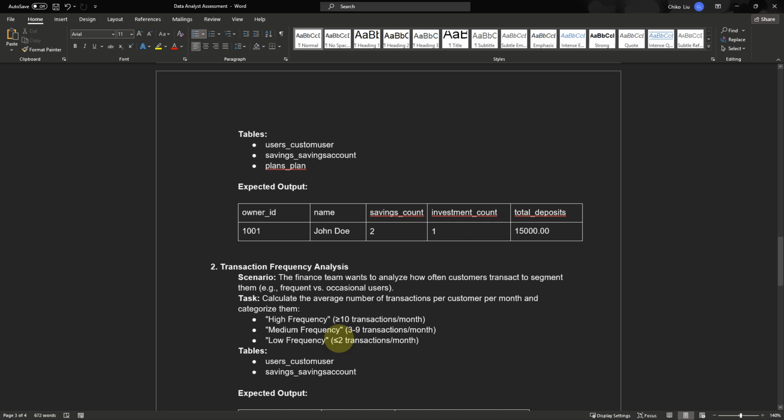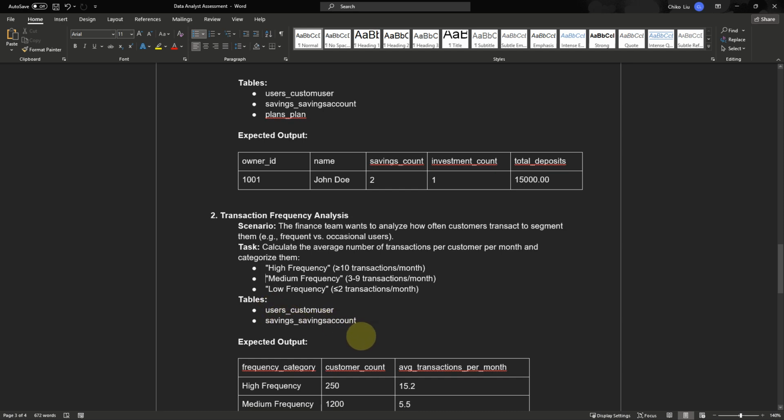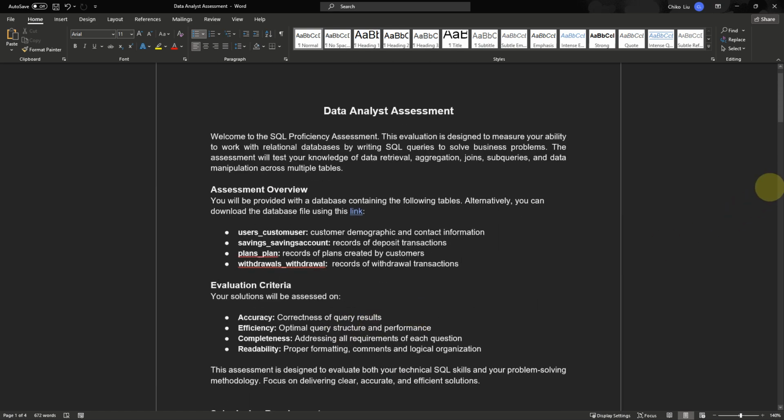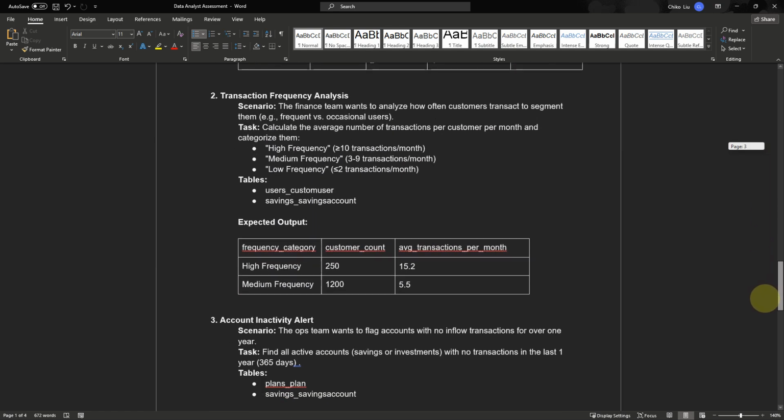Low frequency is less than or equal to 2, so 2 downwards. Medium is between 3 and 9, and high is from 10 and above. So they ask us to use these two tables. The one thing I noticed, right,